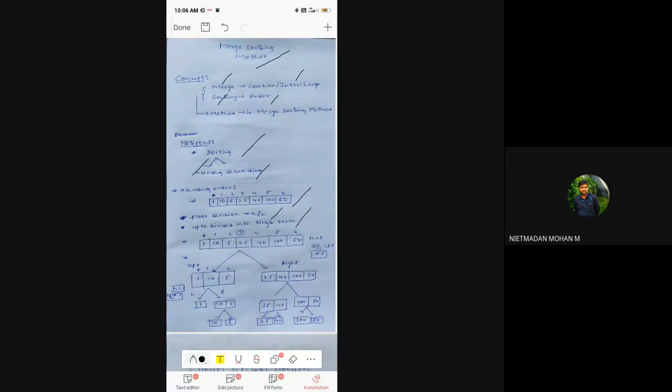Okay, now here I have taken an example. Index values are also given, and here you can see the overall n value is equal to 7. I have float divided here, and it is 3.5, so we need to take 3. The numbers up to the index value 3 will be considered as the left side part, and the numbers after index value 3 will be considered as the right side part.